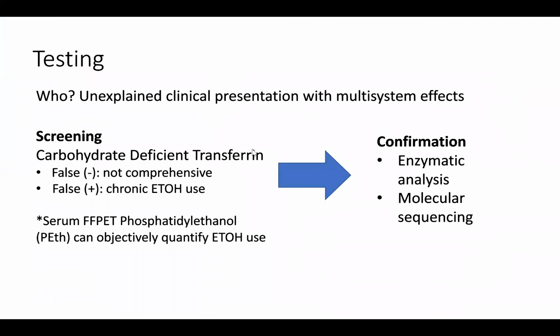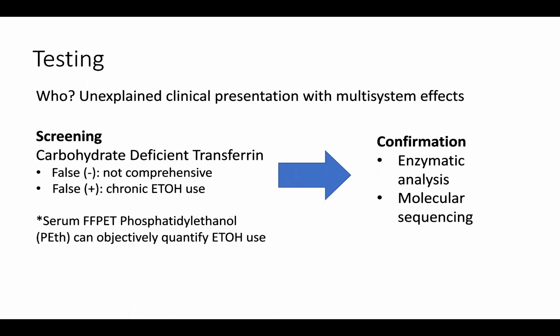So in terms of testing, as this is becoming a better understood type of disorder, and we will see the rare presentations with neurological manifestations, it's important to see who should be tested. And based on the best guidelines I could find with Neurology Journal and Continuum, really any unexplained clinical presentation, and particularly those with multi-system effects, should be considered. And there's a couple different pathways for testing. The screening test is the carbohydrate deficient transferrin test we talked about earlier,